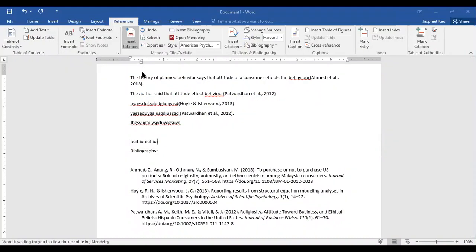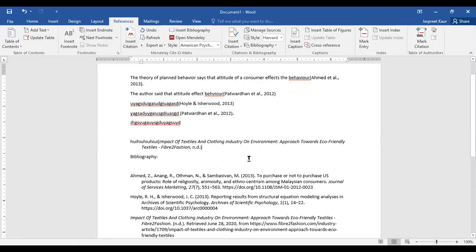I added textile. It came up with an article, impact of textile and clothing industry. This was the article. I said okay, and I again said okay. Now see the citation. This is a wrong citation.